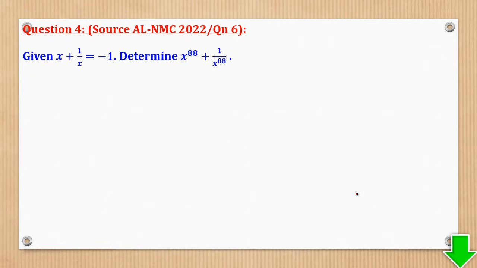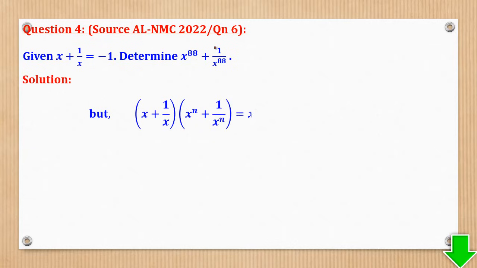Then question 4 says, given that x plus 1 over x is equal to negative 1, determine the value of x power 88 plus 1 over x power 88. Here there is something we need to know, the pattern. Remember we told you in Math Olympiad, strong algebra will lead you to writing very long solutions. What we need is you to discover the structure. So there's something you will realize